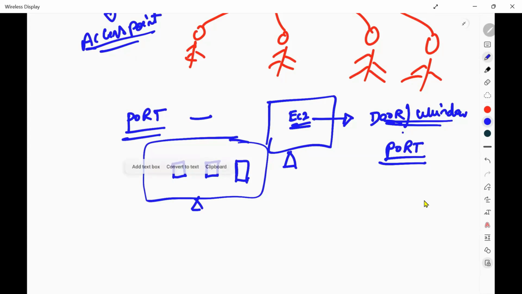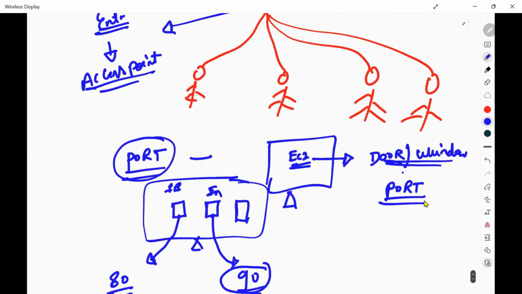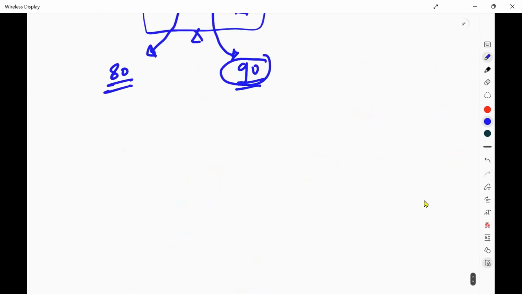I'll host one application, let's say the Facebook application, and port 80 is the door number for that. And I'll also host another application, Instagram, where I can host it at some other location. Let's say door number is 90. Just like that, your port is nothing but a number which helps you to access your application. That's it. Now, there is another word here.